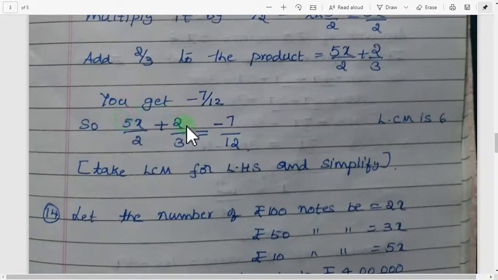So 15x plus 4, don't go to add; you cannot add, they are not like terms. This is 6 in the denominator. You take it to this side, it goes to the numerator. That way you simplify, and you'll get the value of x. Or else you can take plus 2 by 3 to the other side, as I think you have learned that way. There you take LCM and then proceed with simplification. Refer to previous sums and other example sums, and then do as you did there.